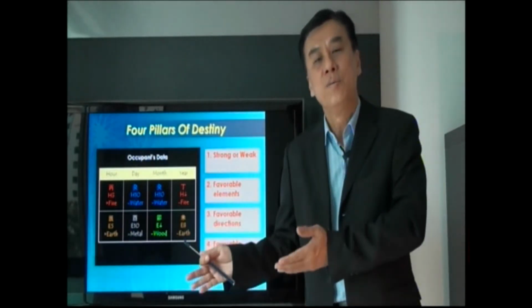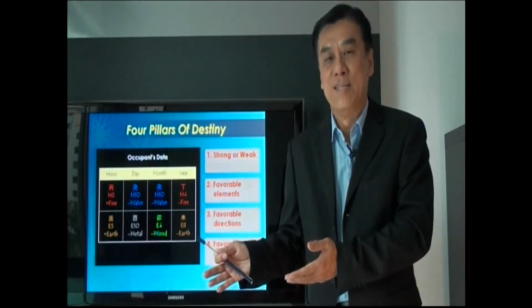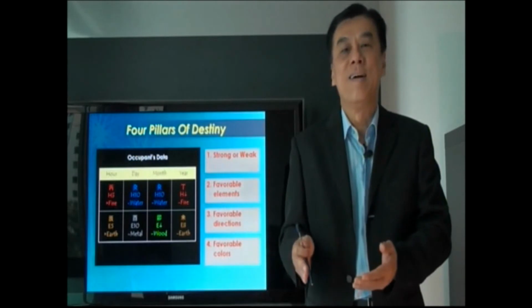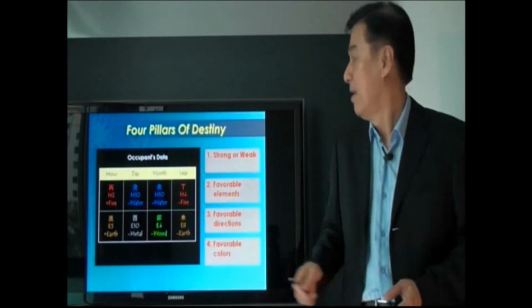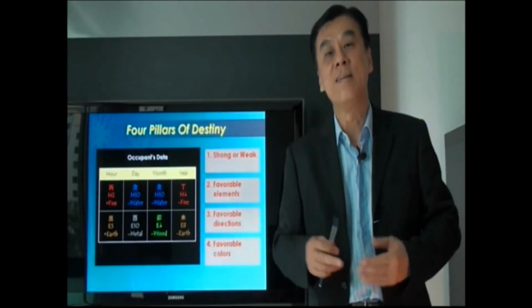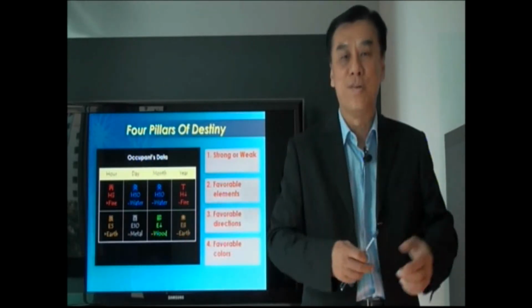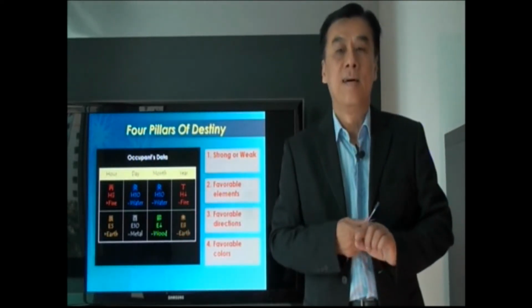Or is it due to the study corner that they are not sitting in their auspicious direction? All this we can use each individual 4 pillars to cross-check. Now, finally,